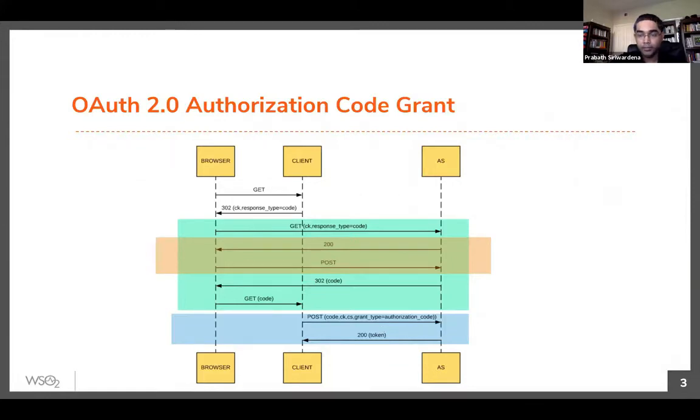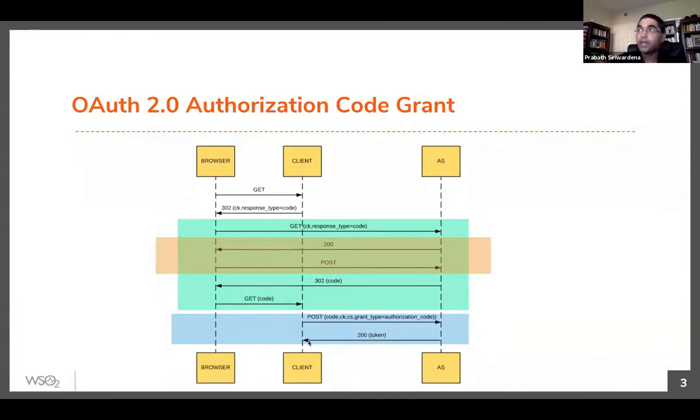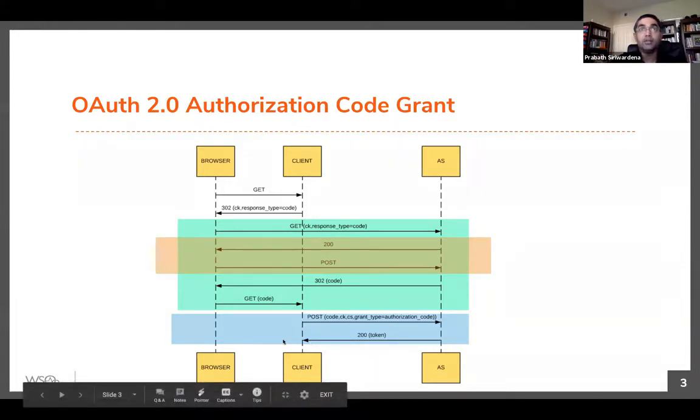Either you can use client ID and client secret, or else you can use a strong authentication option like mutual TLS, and there are other options as well, for example JWT client authentication, or some other client authentication likewise. Somehow you can authenticate the client to the authorization server. It's optional. You don't necessarily need to authenticate the client even in the authorization code grant type. Now you get the access token. Now the client can use the access token to access protected resources. This is a high level overview of authorization code.